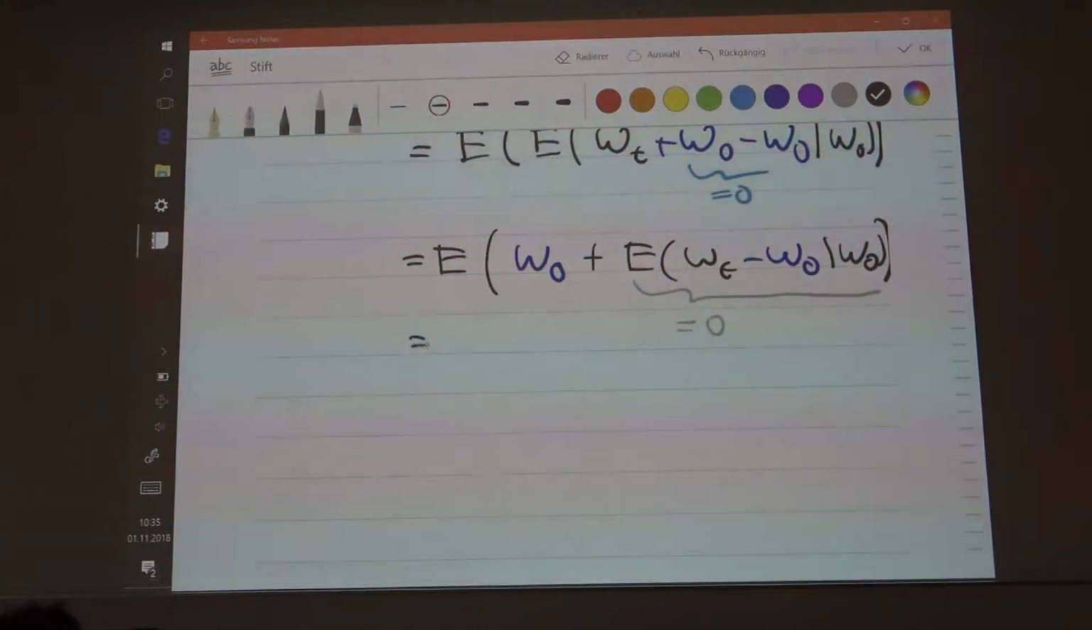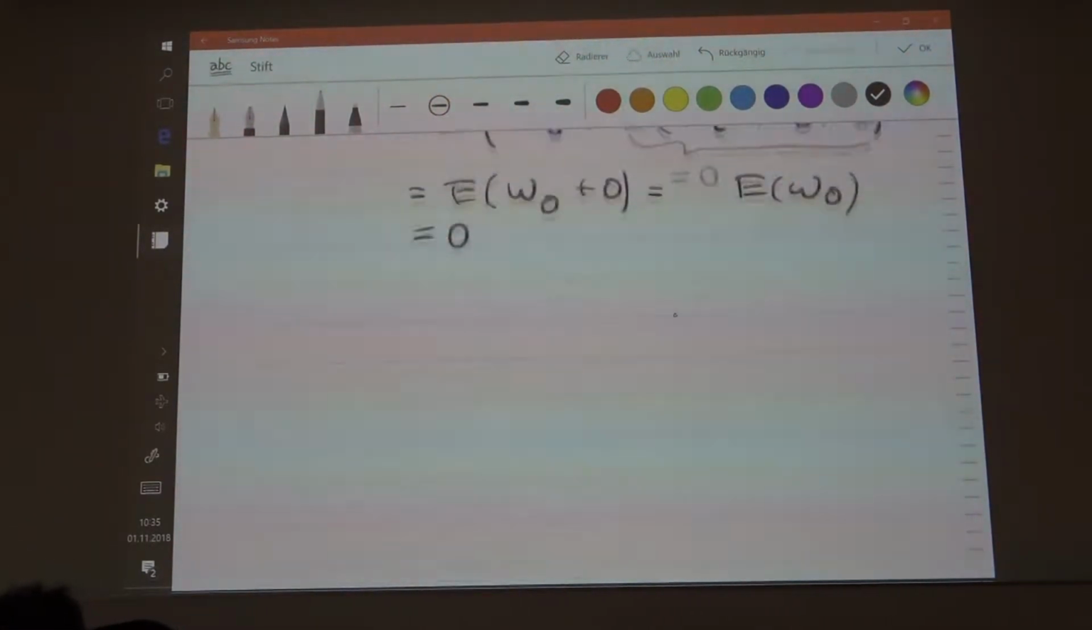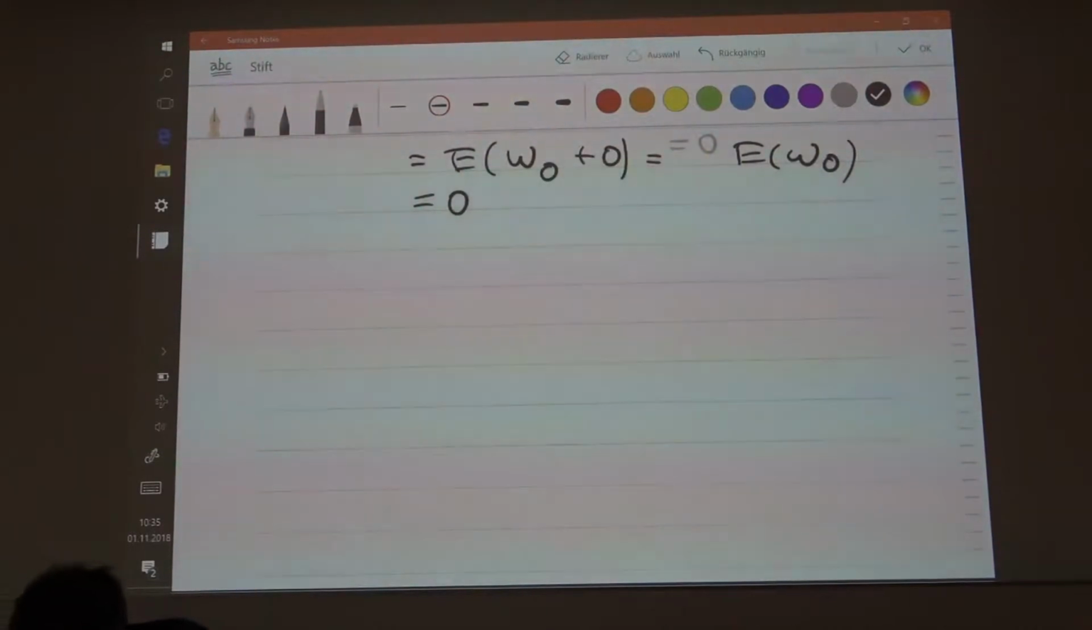So the expectation here is going to be equal to the expectation of W0 plus 0, which is going to be the expectation of W, okay? And that is also equal to 0. So this is what we have here for the law of iterated expectations. Now, that does not mean that the process is stationary, because we have the variance. So for the variance